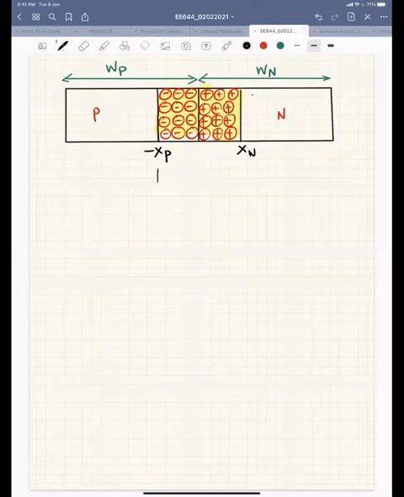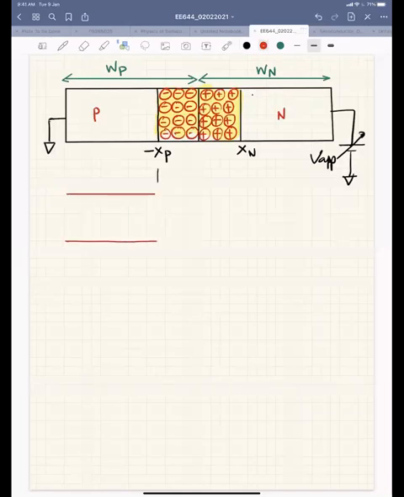Okay, let's say I have a reverse bias junction. This is my applied voltage here. If I want to draw the band diagram, how does the band diagram look? So let me draw it. I cannot draw it well, but anyway, because I have already applied reverse bias,